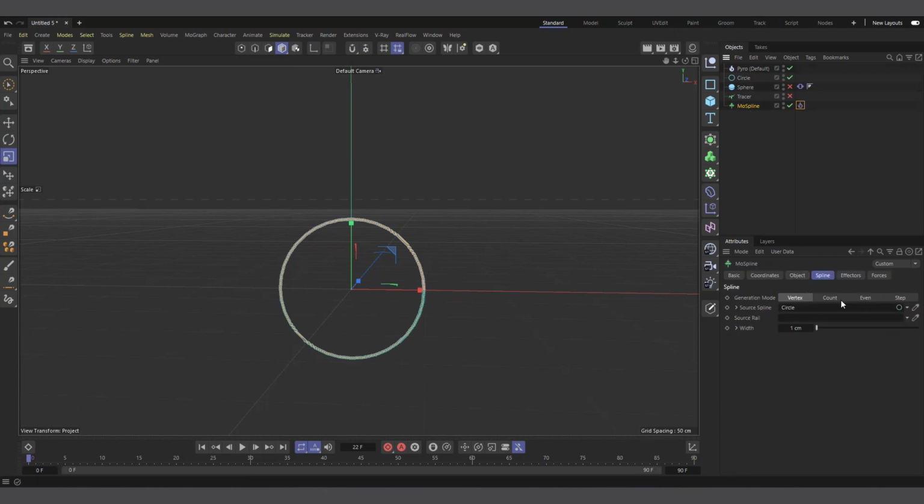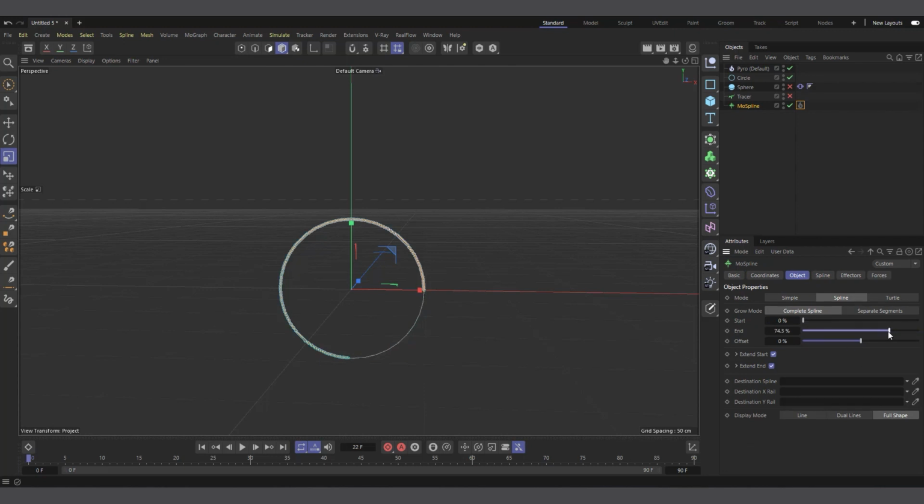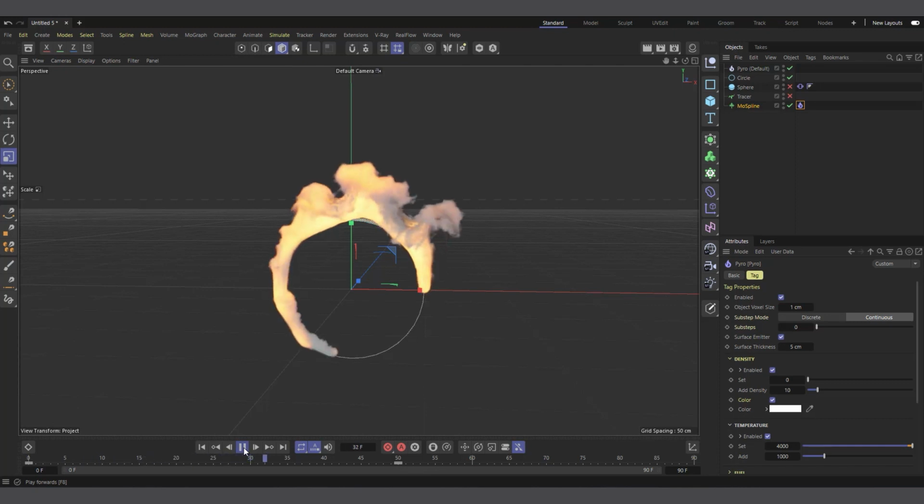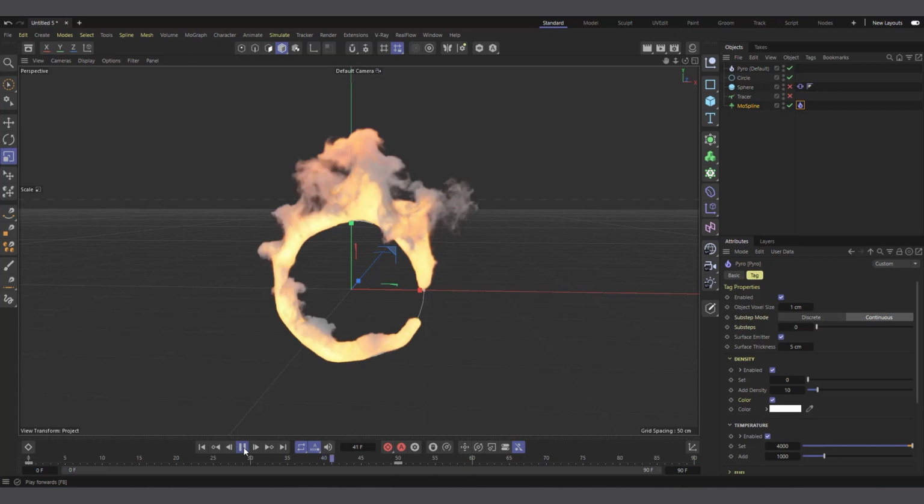So I'll select the Mograph spline, come into the object, and you can see the end and grow. So at frame 0, I'll set it to, let's say, somewhere here. I even set it to 0, I think. And if I hit play at, let's say, frame 50, you want it to grow on, right? And if you hit play, it should work. Oh, actually, let me enable our sim. So I'll enable it, and now if I hit play, see it's generating our fire for us